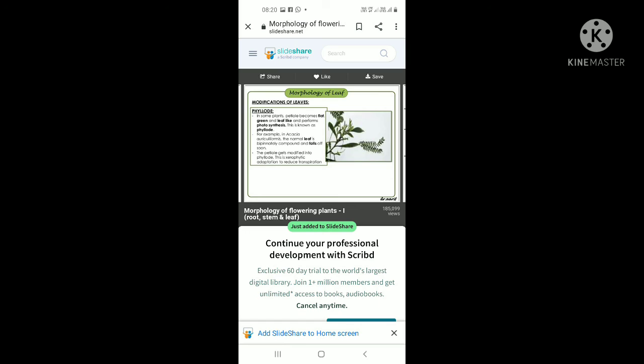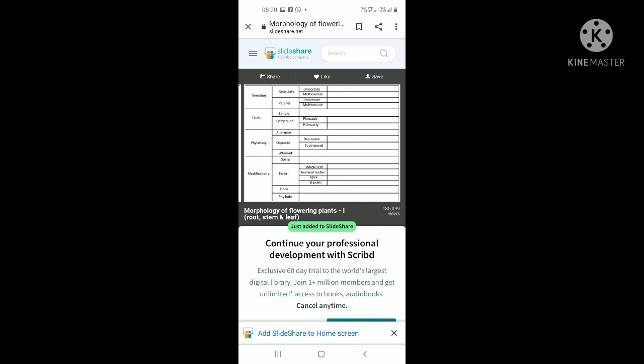And we see the phyllotaxy, where we see the pattern of arrangement of leaves on the stem and branch. This is usually of